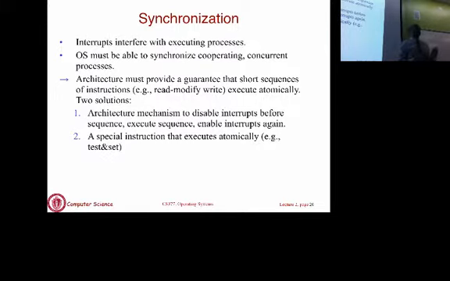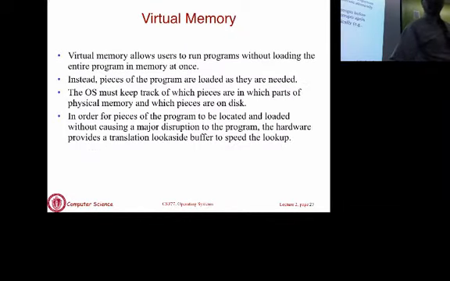This is a feature we will use for synchronization. If you don't understand why it is needed, that's fine. I don't expect you to understand right now. When we talk about implementing locks and semaphores, we are going to go back to this. All I want you to understand is that there are special hardware features that make the implementation of locking, semaphores and monitors, which is synchronization, easier for the operating system. The two features are enabling and disabling interrupts, and a special instruction called test and set, which we will come back to later to see how it is used.